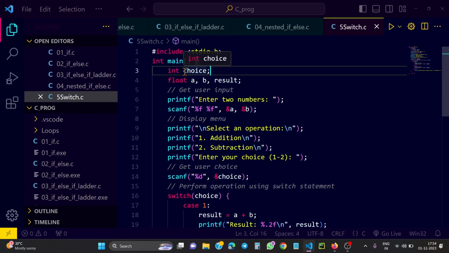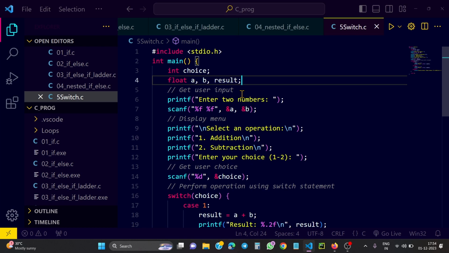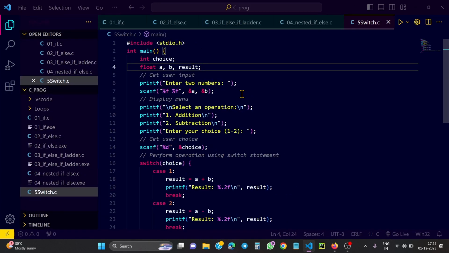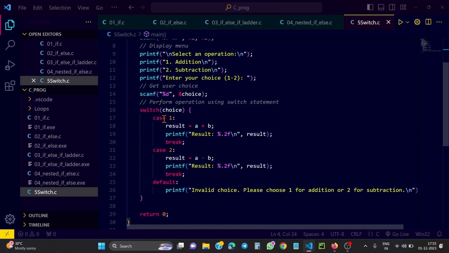The choice is an integer, and a, b, and result are floating point numbers. Here we are trying to do arithmetic operations between a and b,